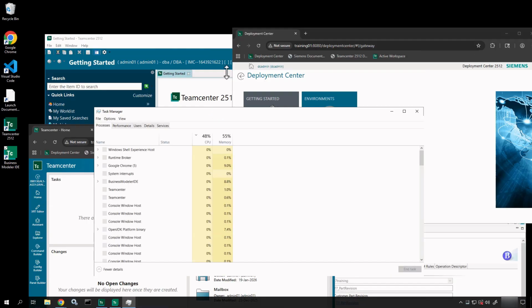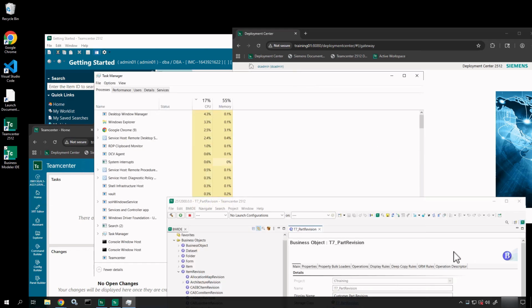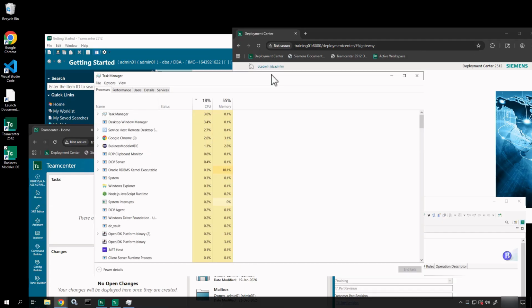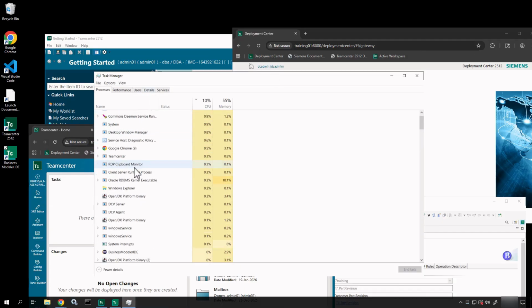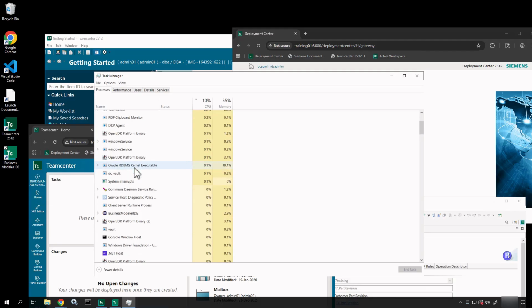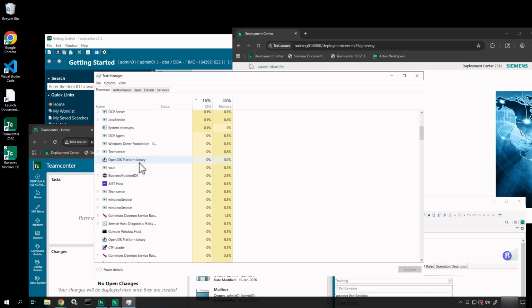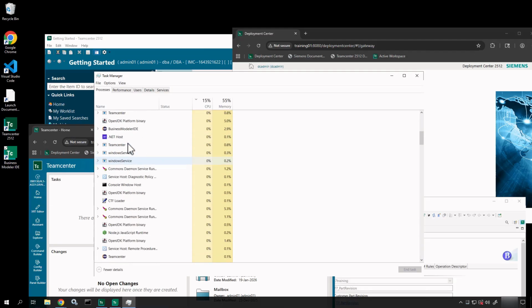Now, I have a rich client, Active Workspace, Deployment Center, and a Business Modeler IDE all open here in the background. And what we're going to do here is just come in and take a look at what we might want to destroy. So in this case, this one's going to be a little bit more obvious, but if I come in and look, there is a Business Modeler IDE